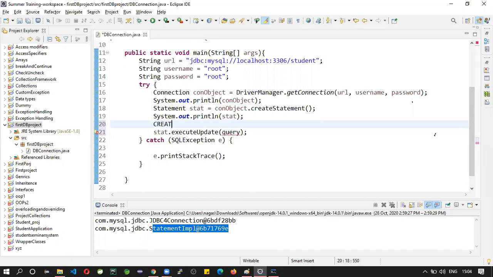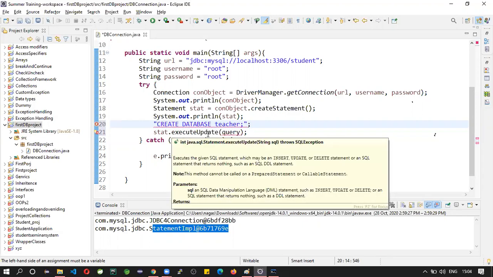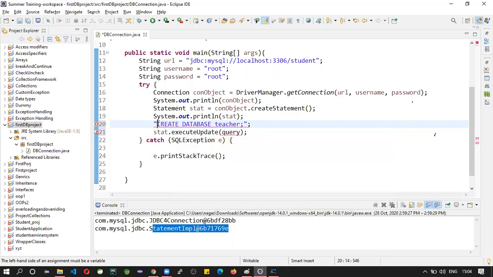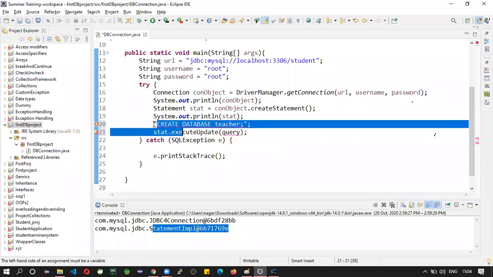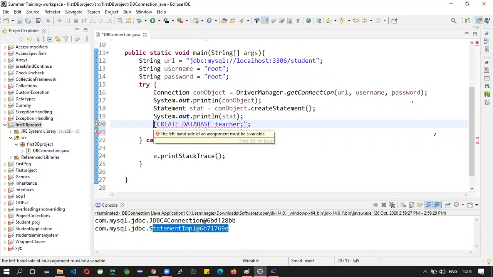So create database teacher. This is the string. If you observe the executeUpdate method, it takes a string as the argument, right? So that's why I put this statement inside the quotations. So this is a query.